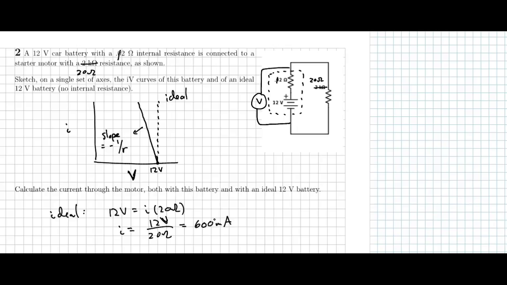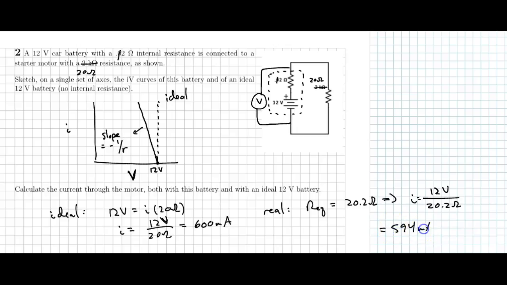For the real case, we have two resistances in series here, so we have 20.2 ohms of total resistance, and we want to know how much current is flowing, so we can just use that total voltage drop, which will be 12 volts shared across the internal resistance and the load. So we just do basically the same calculation we did before, except instead of 20 ohms, we have 20.2 ohms, which will give us